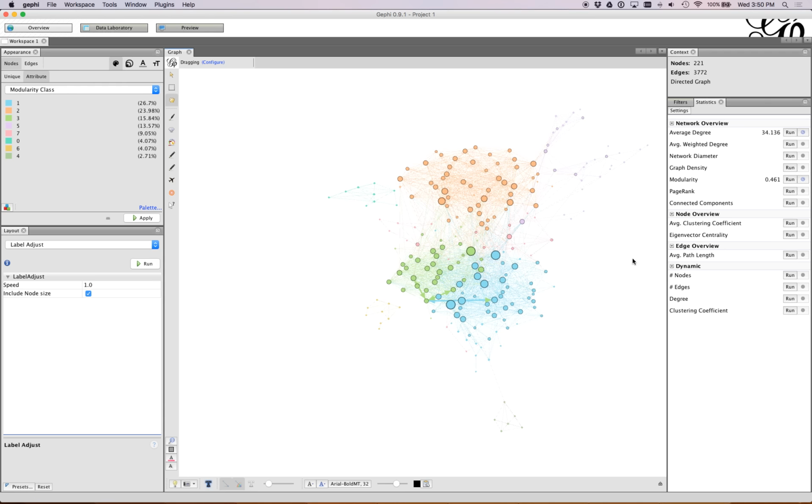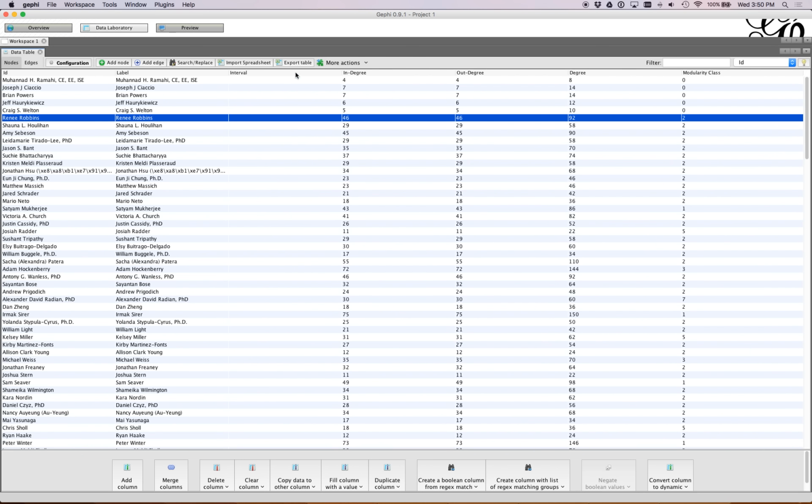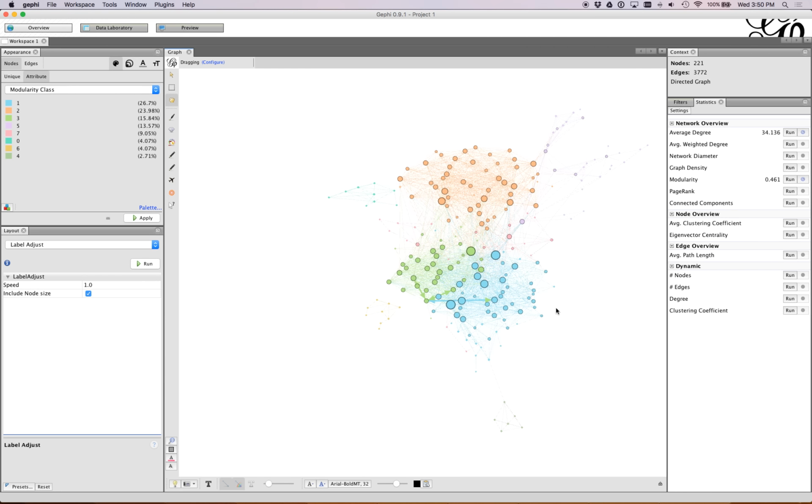So I can turn these labels off, right? And this is looking pretty good as a network. If I wanted to do some kind of analysis or add something to it, in the data laboratory, I could export the node table, add something to it, and then re-import it back as I've detailed in the big book of Gephi. But for now, we don't need to do that. So the last step is always just trying to get this image out, and to do that, you can